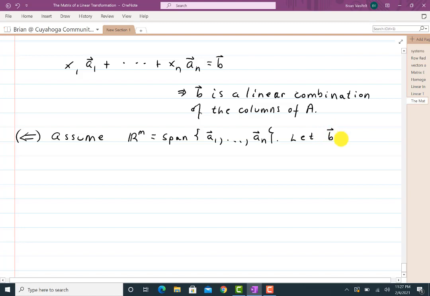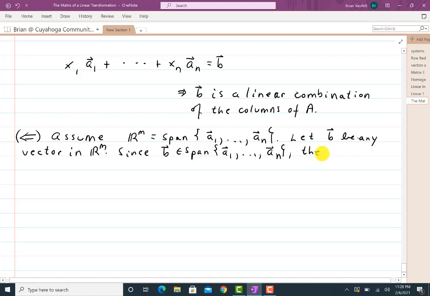Let B be any vector in R^m. Since B is in the span of a1 through an, there are scalars, let's call them x1 up to xn,